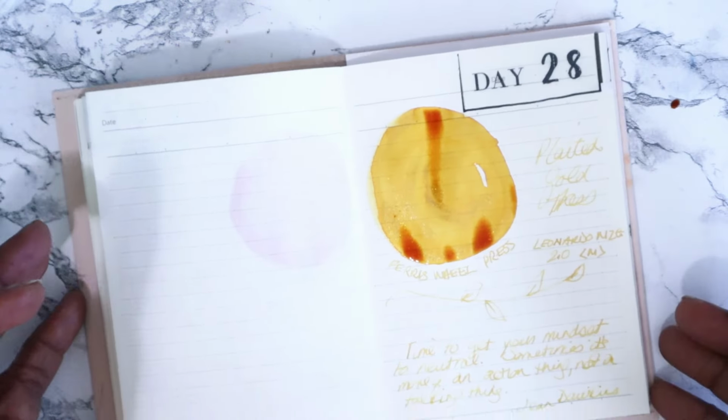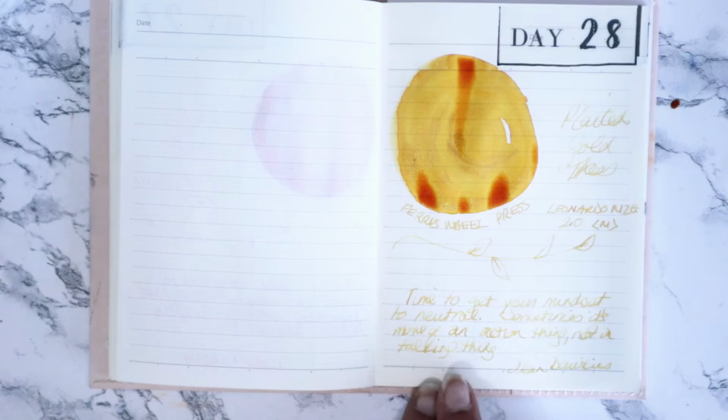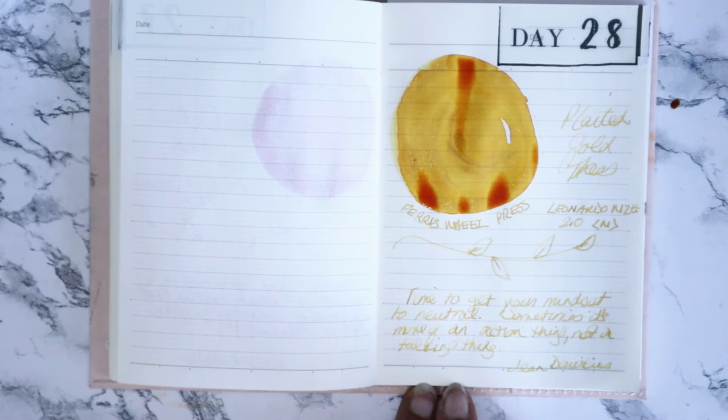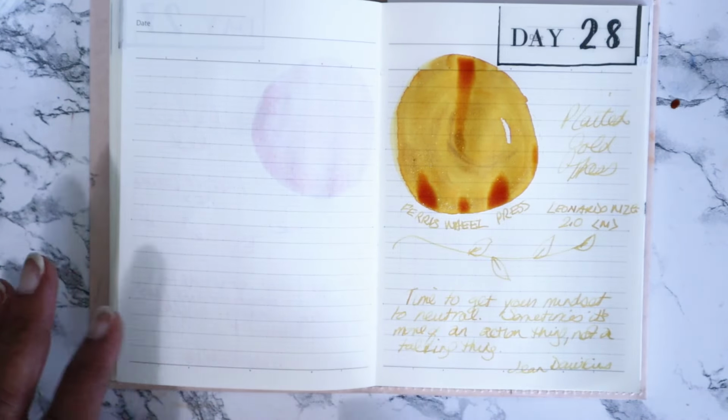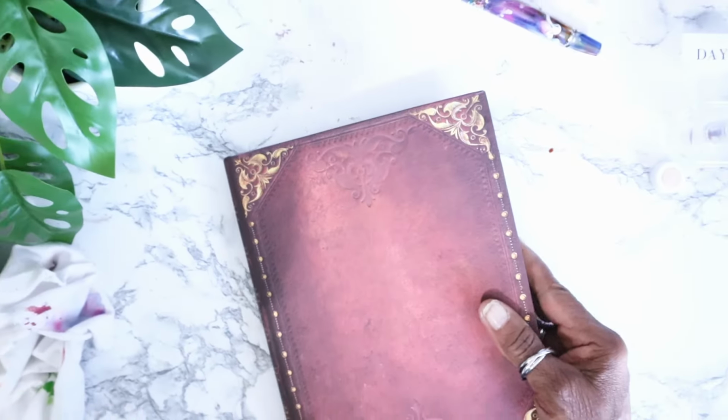This is from a friend and colleague, and I thought, oh, I'm going to write that down. It says time to get your mindset to neutral, because sometimes it's more of an action thing and not a thinking thing. There you go. Alrighty, last but not least is,